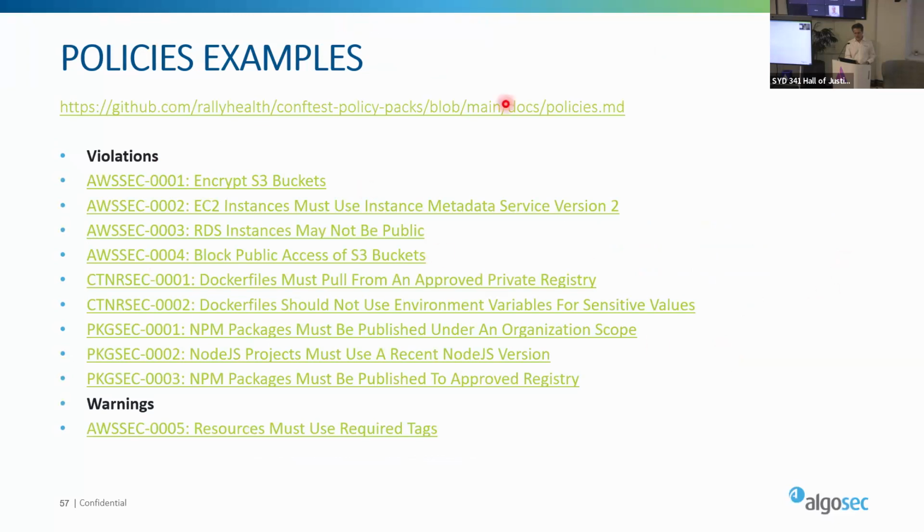So this is an example, and I'll share it. It's a source location of quite a lot of out-of-the-box policies. For example, violations about storage encryption, in the context of AWS, that EC2 must have the metadata service in a specific version, or packages from a specific source in a specific version. These are all ready-made policies that you can use to harness and point out or notify about violations.